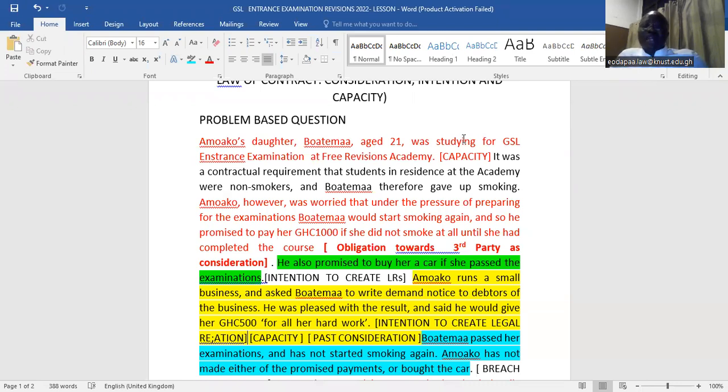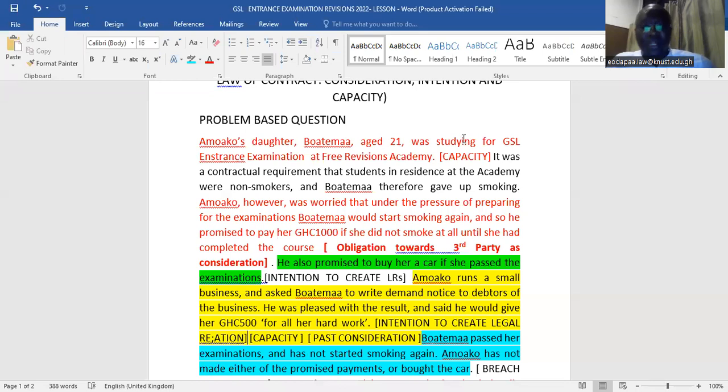So let's suppose that you have stated the age aspect this way, then you go on to say that at common law, a minor can only enter into a valid contract in respect of supply of necessaries and contracts of beneficial services. Cases of Nash and Inman, Di Francisco and Barnum, and also the Sale of Goods Act. Remember that at 137. So you have stated the principle in an outline form like this, and then you leave a paragraph to go and do your application. So in the instant case,